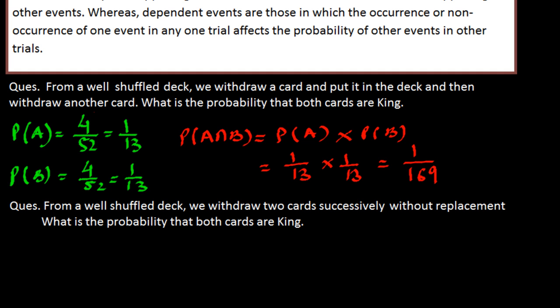And now in the second question, you see from a well shuffled deck we draw 2 cards successively without replacement. What is the probability both cards are king? So we are not replacing the card again in the deck. So here you look at here, the probability that the first card be king is A, P of A, which is 4 over 52. Now we have withdrawn one card, we have not replaced it. Now if it is king, now we have only 3 kings in the deck and the total number of cards are 51. So probability of B over A